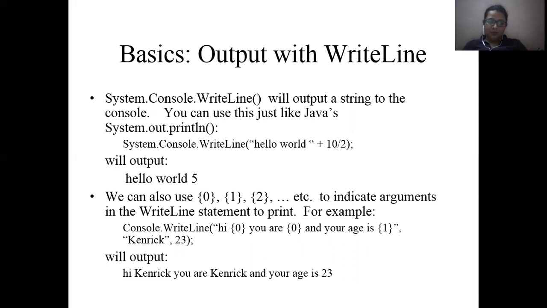System.Console.WriteLine("Hello world" + 10 / 2) will show the output hello world and the 5. We can also use {0}, {1}, {2} in opening and closing curly braces to indicate arguments in a WriteLine statement. For example, Console.WriteLine("Hi {0}, you are {0} and your age is